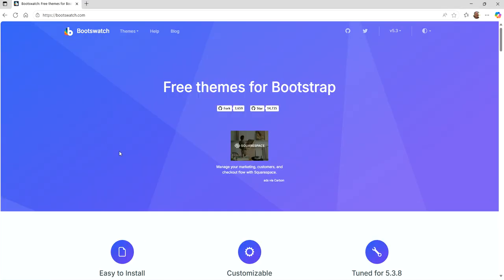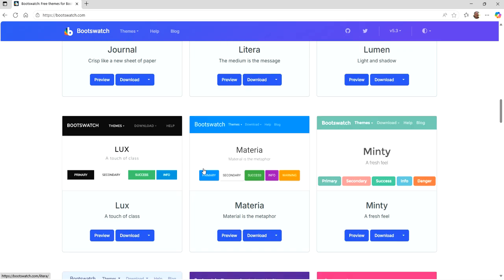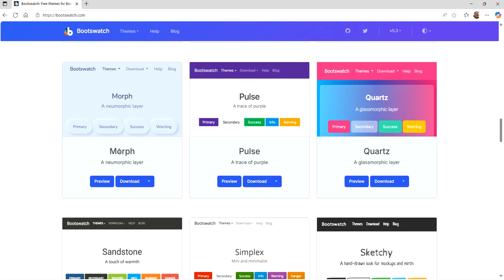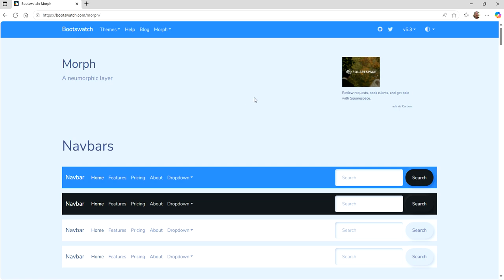You can get to them in a number of ways. You can sample, get an idea of what they look like, and so on. I'm going to use one here, I think, just because it's so wildly different from what we have right now. So I'm just going to preview it here. But let me just demonstrate how easy it is, if this is something you're interested in doing, to actually grab these. The instructions make it clear, but all you really need to do with our projects, with our ASP.NET MVC